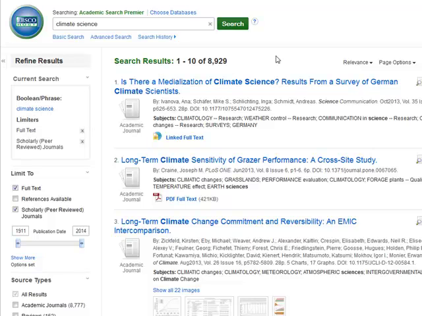Doing so has further eliminated results. Now that we've focused our search to full-text peer-reviewed articles, we have just under 9,000 hits. We can further refine our search by defining the date range with the publication date slider. Grabbing a hold of one of these handles will adjust the date. Now, with a field such as climate science, you will want to work with the most recent information, so sources as old as 1911 will not be very helpful. Let's go ahead and restrict the date range to the last 10 years or so. To do that, simply move the left slider